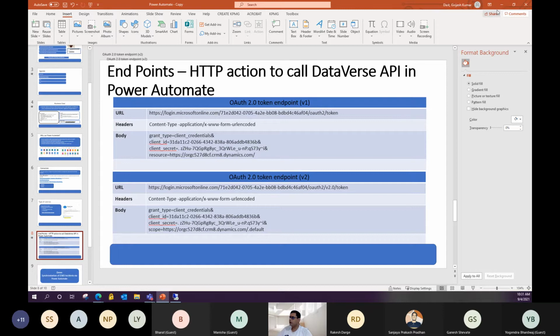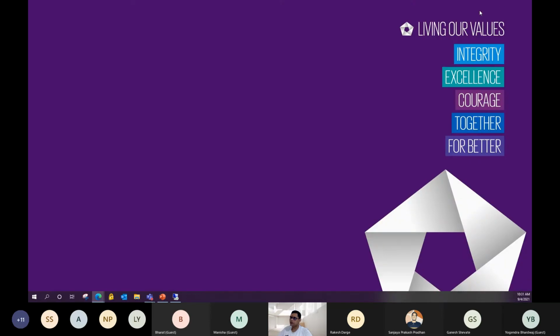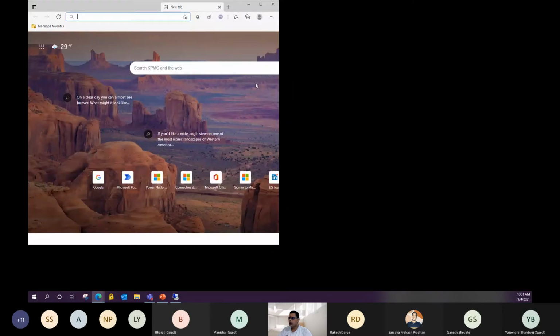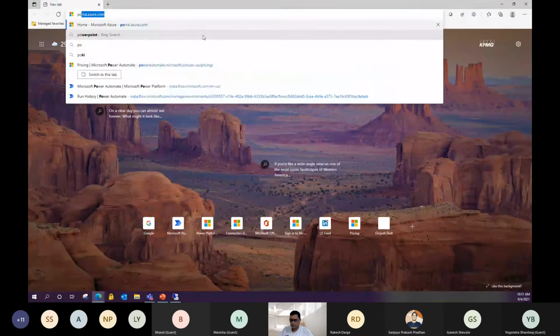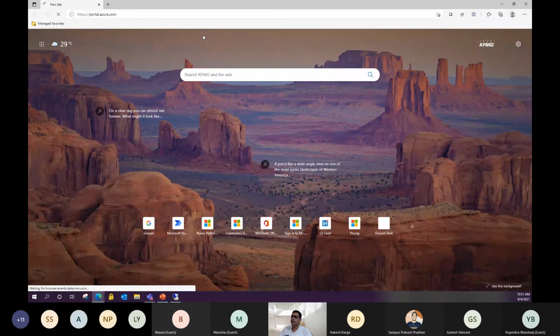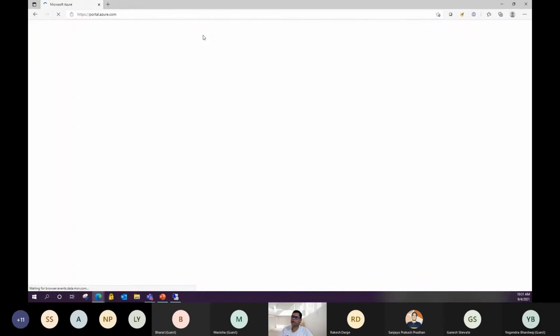So there are endpoints which come with the application user. Let me open the Azure subscription, and that will show you where to get the endpoints.